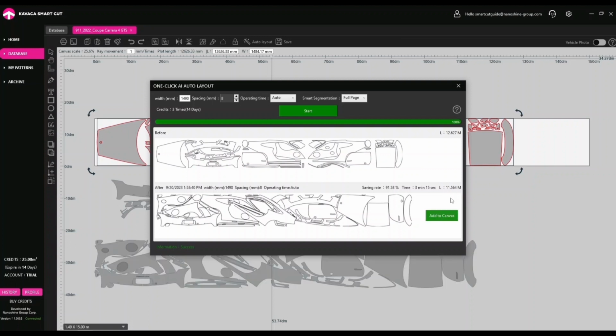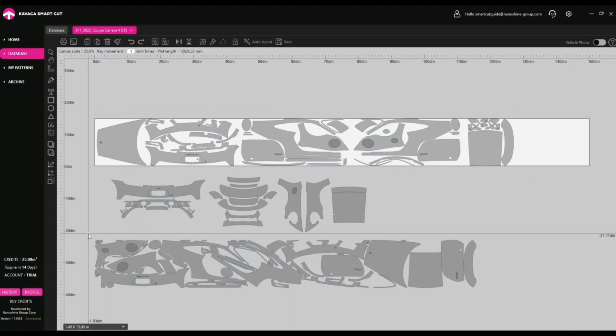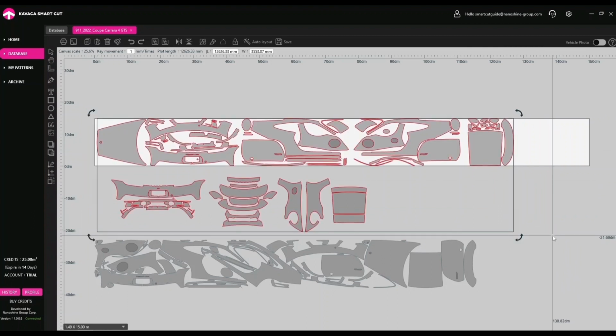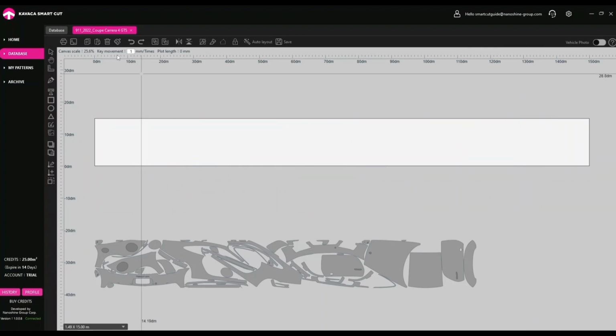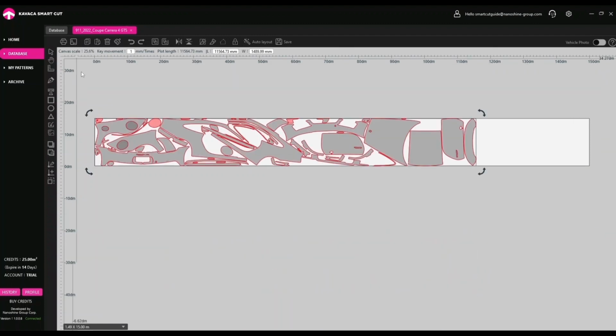The patterns have moved under the main canvas so that they do not mix with the rest of the patterns. Delete unwanted patterns by selecting them and then pressing the Delete key on your keyboard, or by clicking the Delete button on the toolbar. Select the patterns you just laid out, then click the Align Canvas button to easily move them as close to the edge of the canvas as possible.